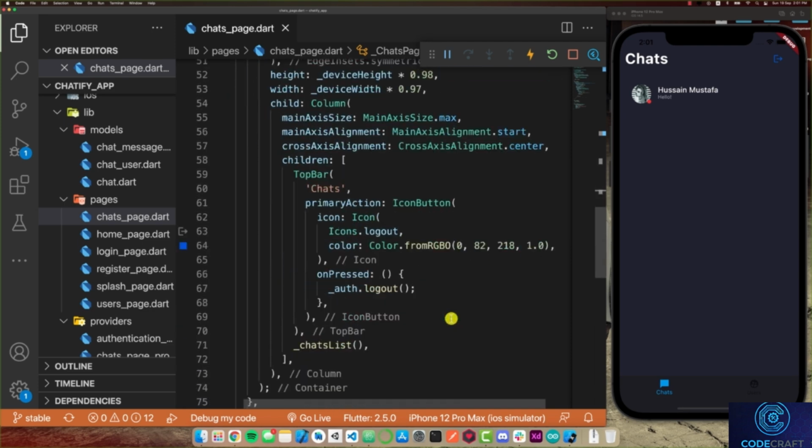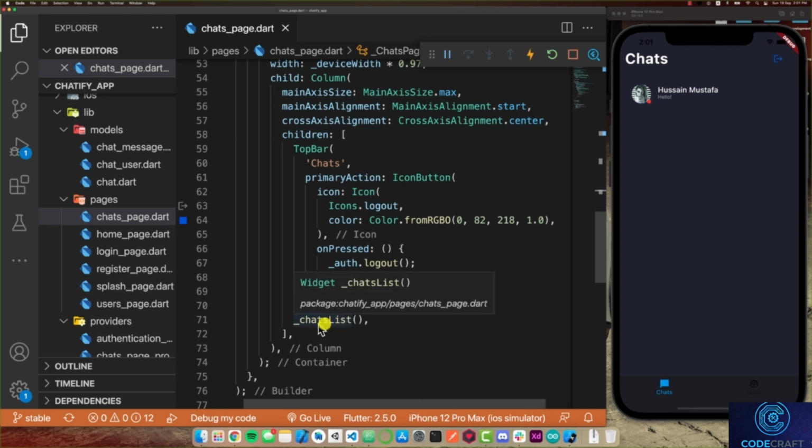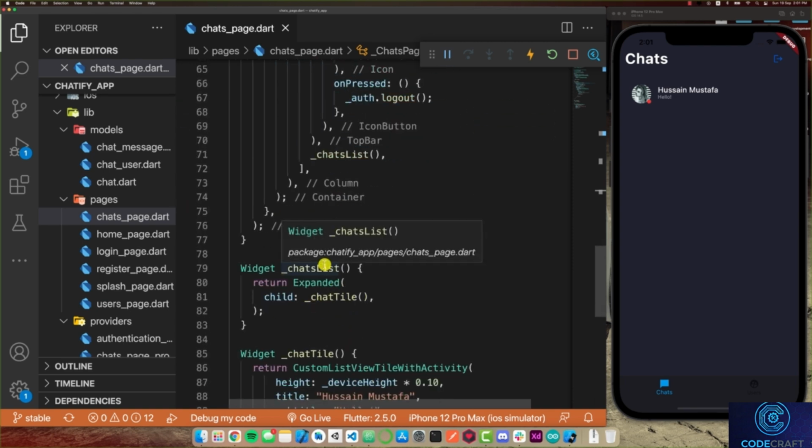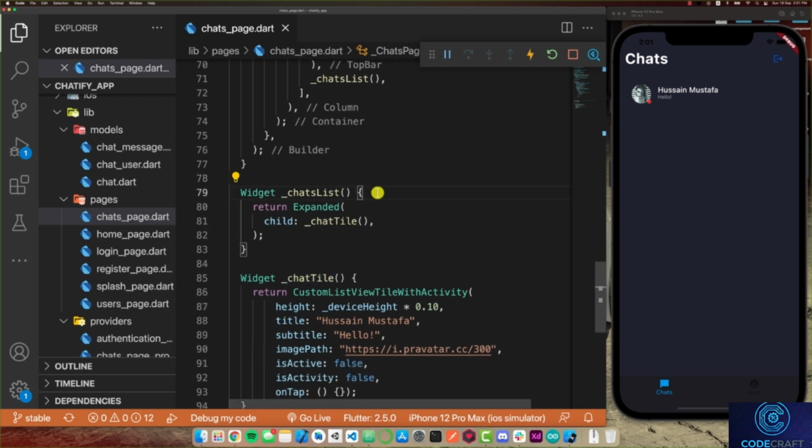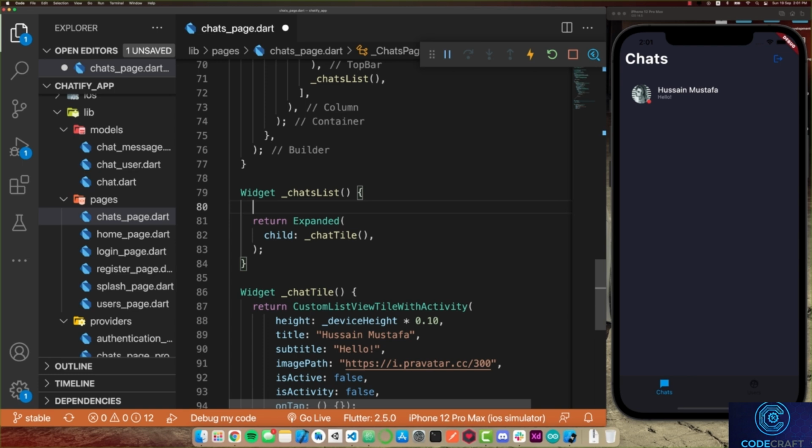So what I'd like to do is go to my chats list function, and I'd like to start from there, first extracting the data and then doing some things. So let's do that, and then in the next video maybe we'll work towards linking the chat tiles with the chat list. So inside of our chats list, what I'm going to do is